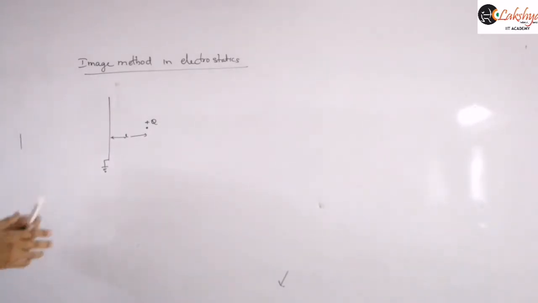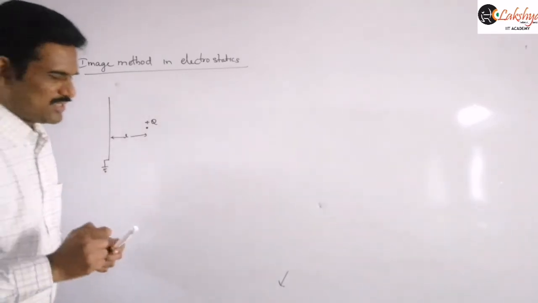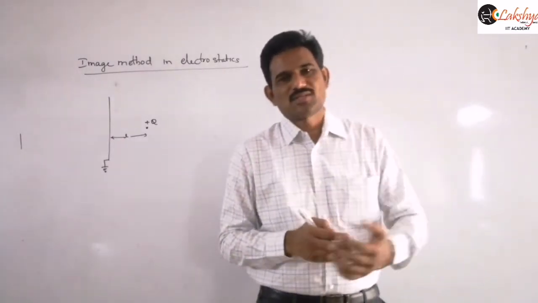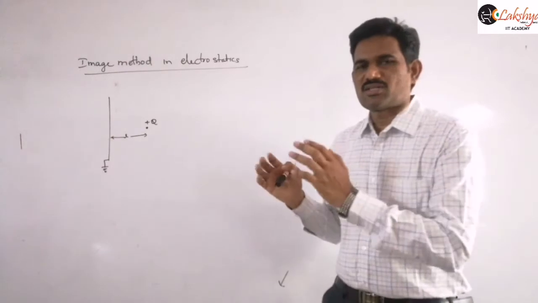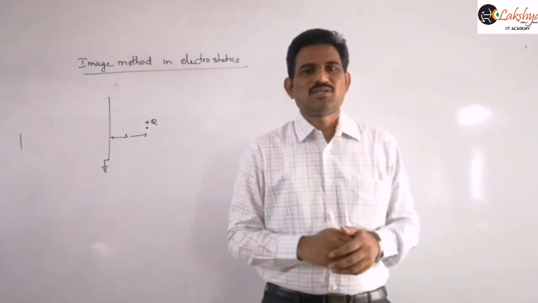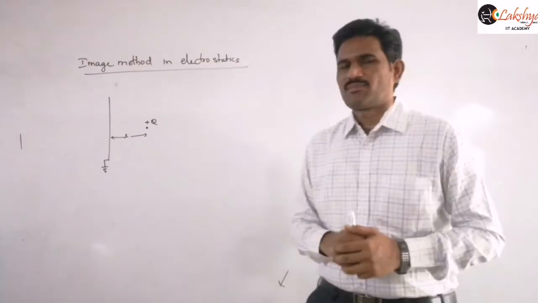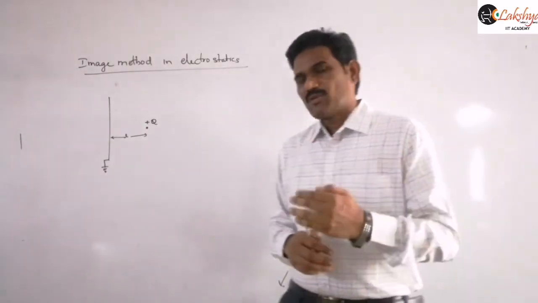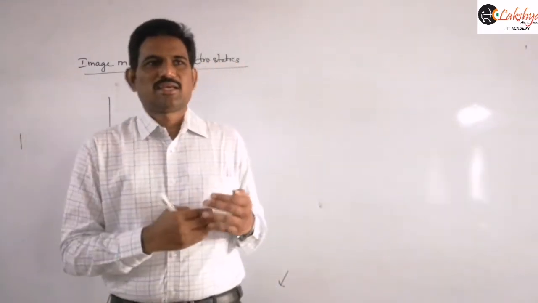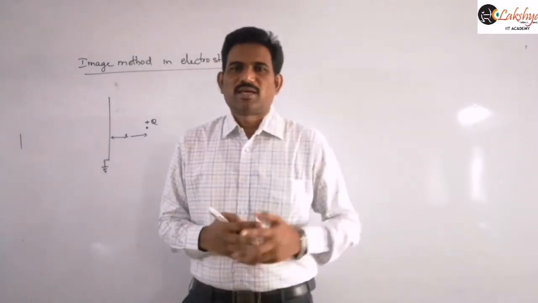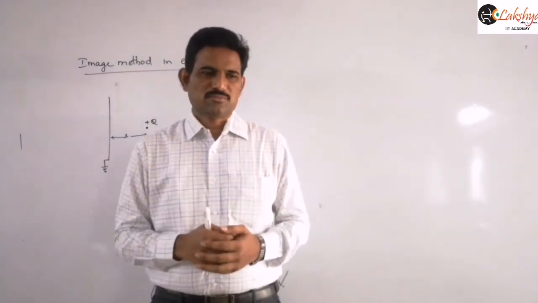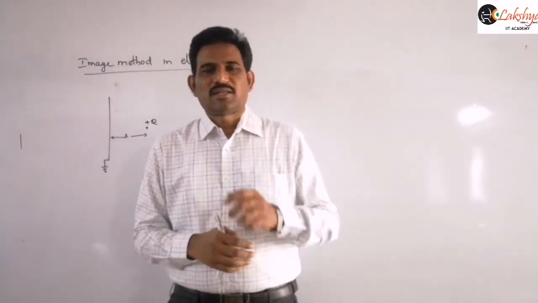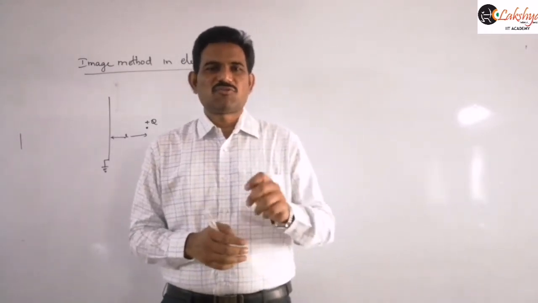So now, if this is the question, the image method is nothing but we are going to replace that Laplace or Poisson's equation, which is a lengthy calculation, by the image method. We can define the image method as the method in which the given charge configuration above a conducting plate, or near a grounded conducting plate, can be replaced by the given charge configuration itself and its image, and the conducting plane is replaced by an equipotential surface.